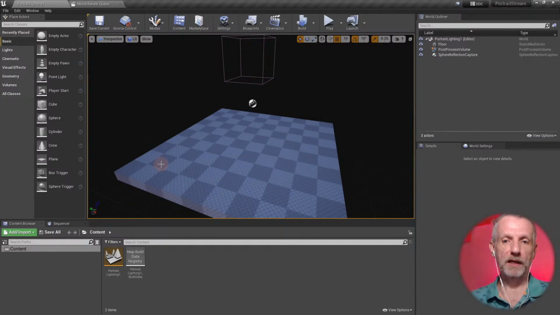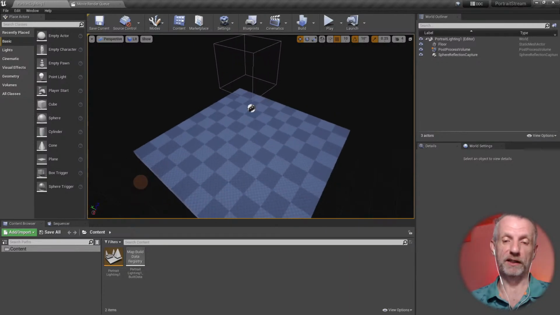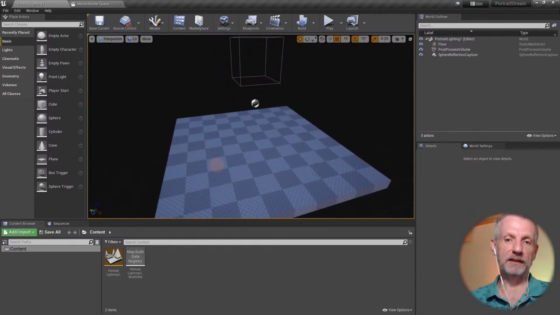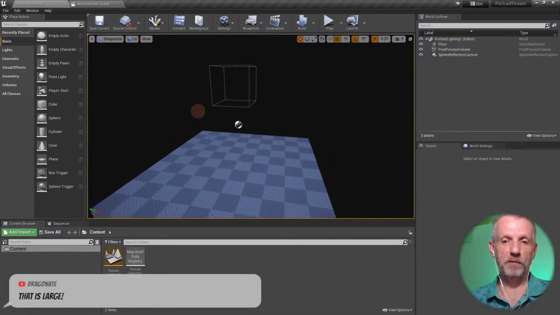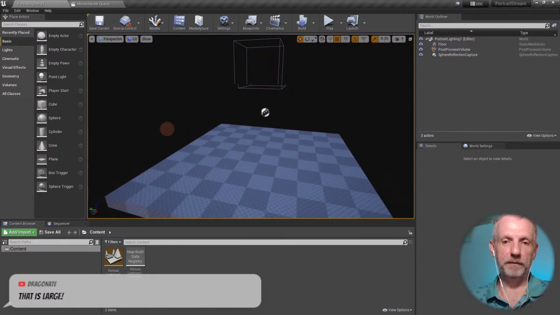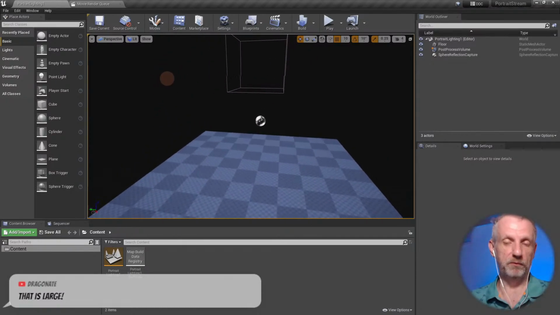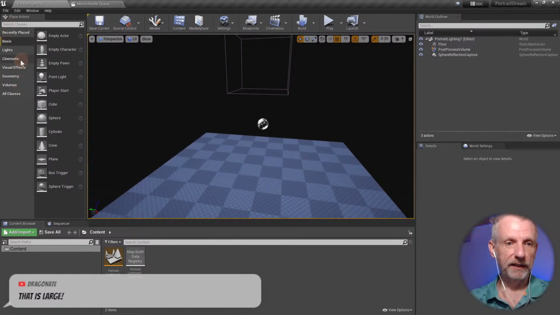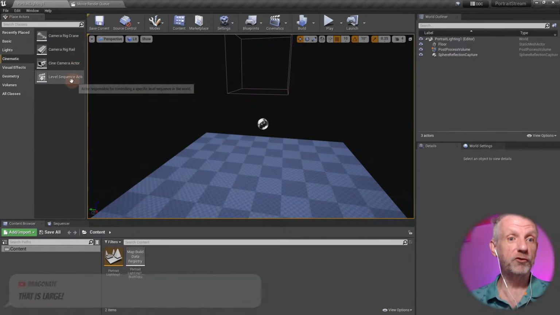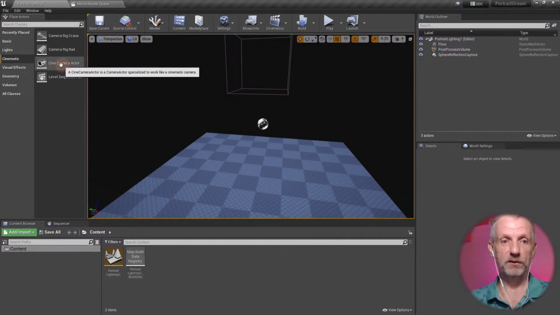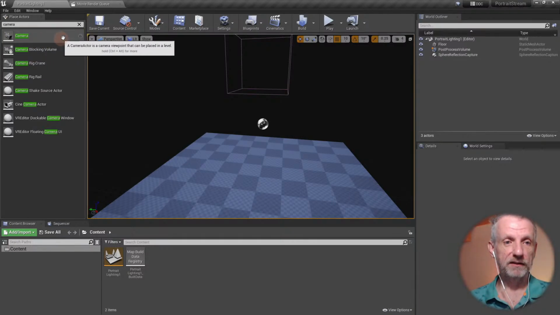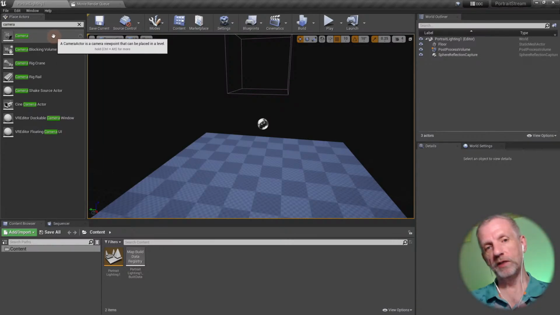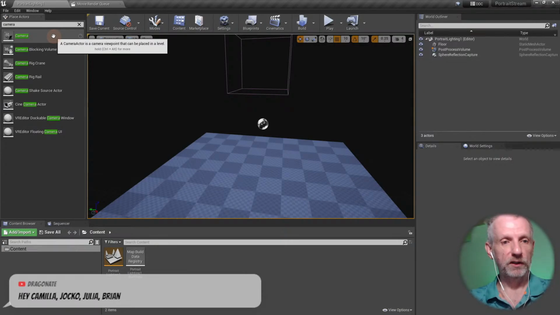So yeah, while that's doodling, let's go and talk about the camera we're going to set up. That's a bit like in DAZ Studio, in which we drag a camera in, or we can go and frame something up from the viewport and then go and create a camera from there. I'll just show you quickly the 2 options that we have. Camera going in here, that's under Cinematic. We have 2 cameras. We have the Cine camera actor. This is the one that we're going to use. But there's also, if you just search for camera, a relatively simple camera here as well. So Unreal Engine has both. But the one that we want to use is the Cine camera actor, because it has things like depth of field, and we can